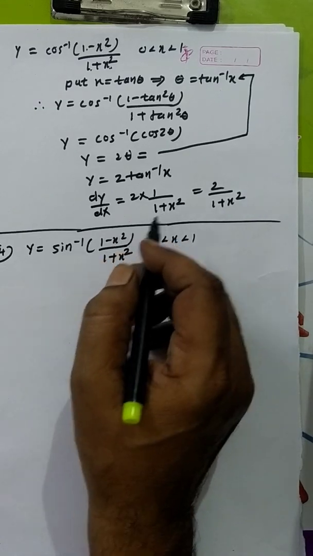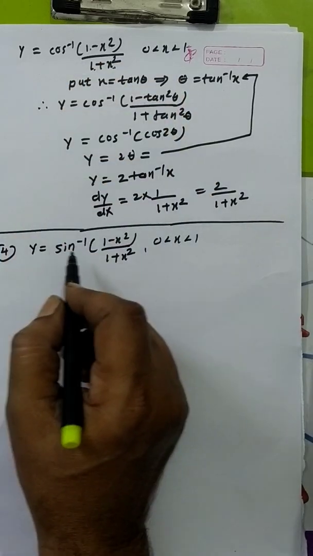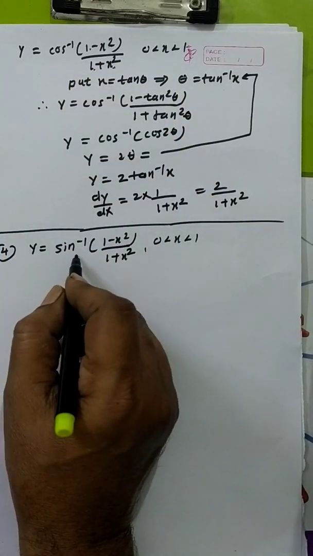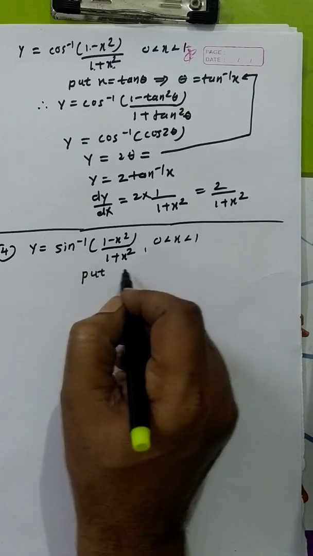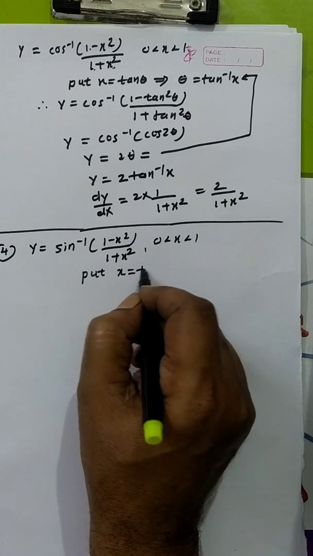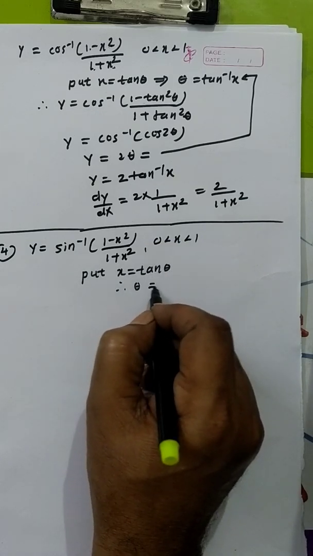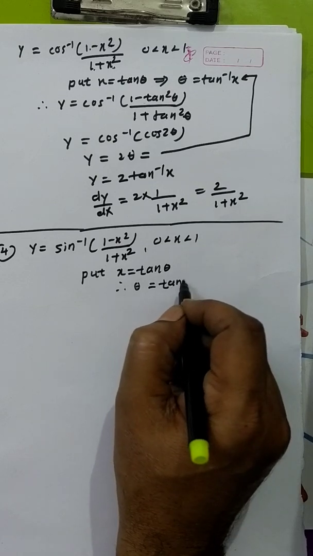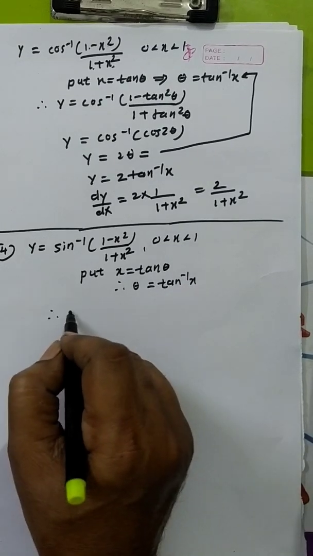Now here again we cannot go for any other substitution. It is the same as the previous one, but outside, instead of cos inverse, it is sine inverse. So we can again put x equals tan theta. So theta will be tan inverse of x by using the definition of inverse trigonometric function. Therefore y will